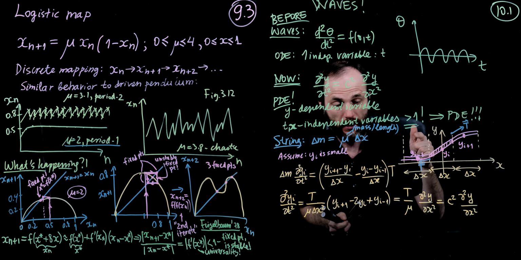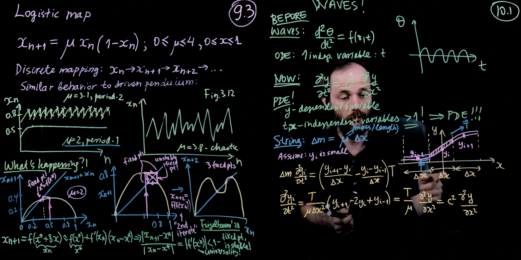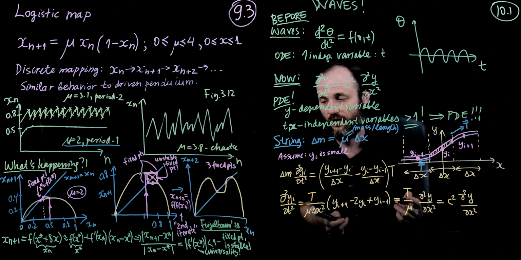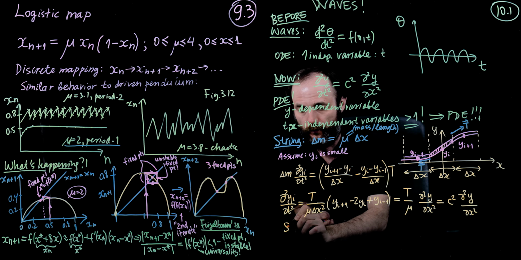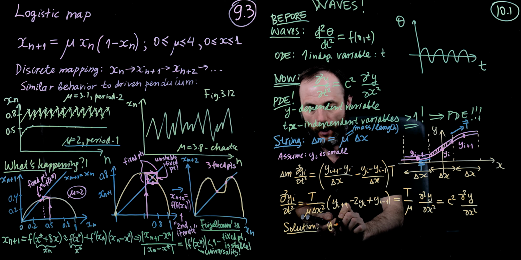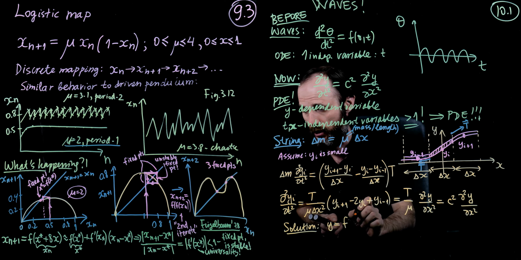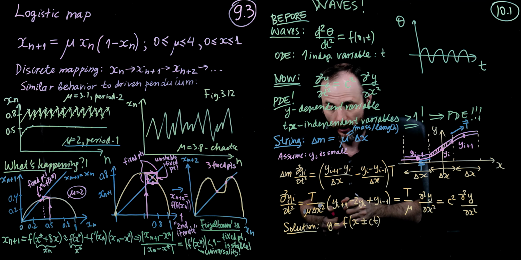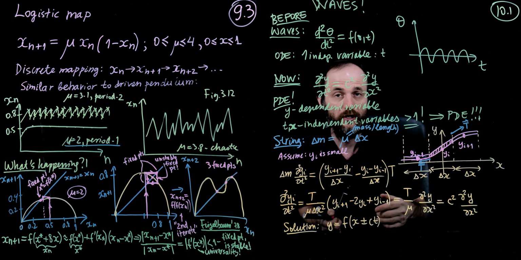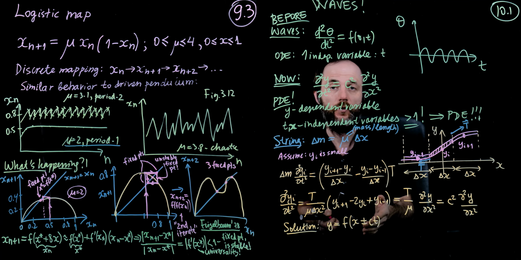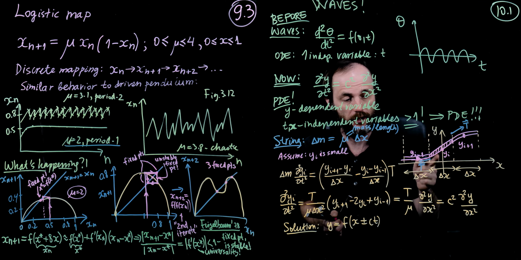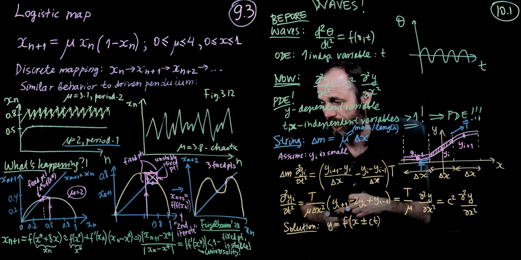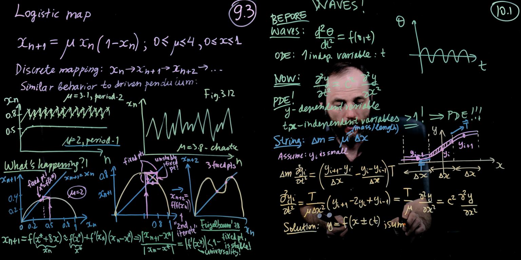And we actually can write down the solution to this wave equation in the following way. y is going to be equal to f of x plus or minus c times t. So both of them, with the plus and with the minus, will be solutions. x with the plus is a wave that propagates to the left, and x with the minus is a wave that propagates to the right at the speed c, plus sum of